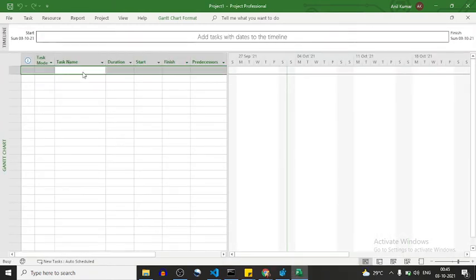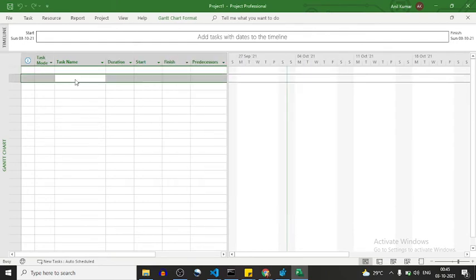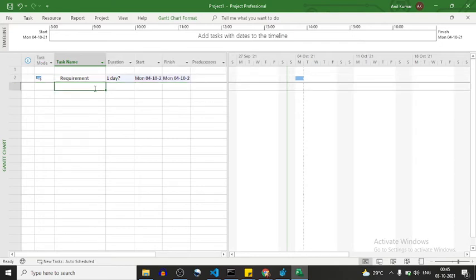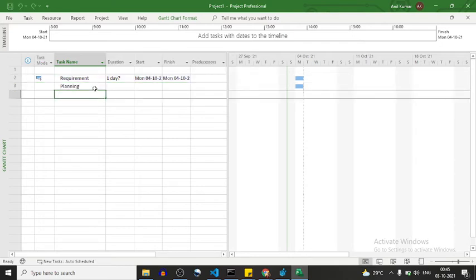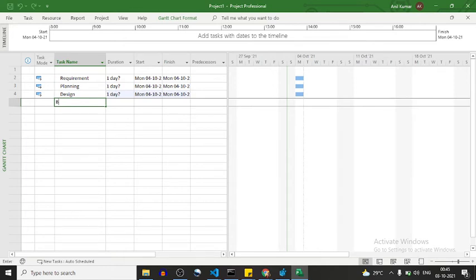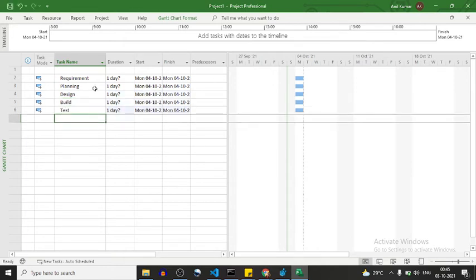So the template, whenever I create a template, these tasks should come up as task Anil 1, or you can see design, or you can see requirement, and this will be planning, design, build, test, deployment.